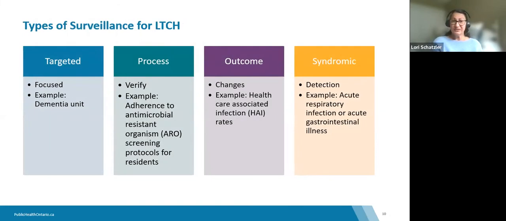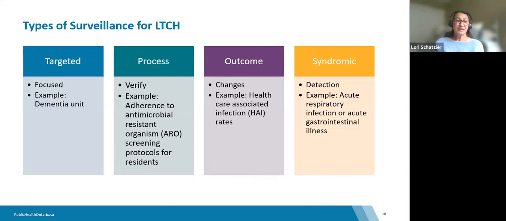We've highlighted 4 different types of surveillance here. There are other types such as total surveillance or facility-wide surveillance, where you're monitoring every single thing you can, and that's just unreasonable to think of. So we like to look at it in 4 different areas. And one is targeted surveillance, where you're either targeting a specific area in your facility that might be at higher risk for acquired infections within your facility. You might be targeting a specific patient population, and you might be targeting any